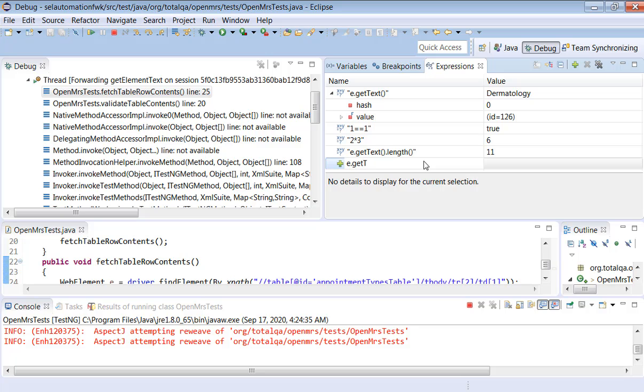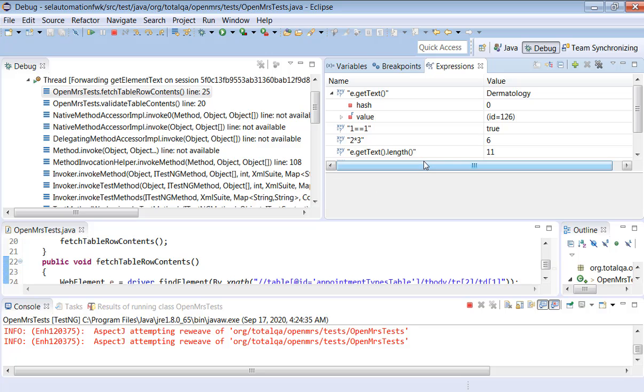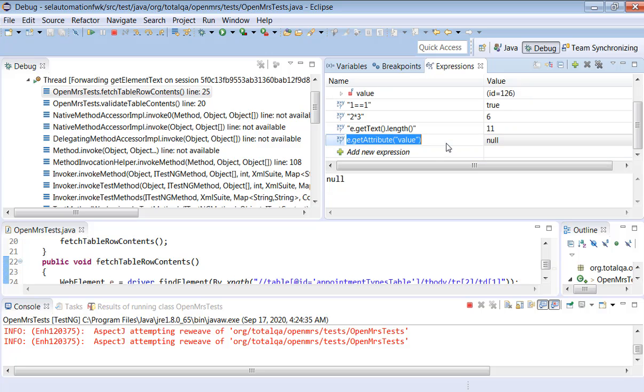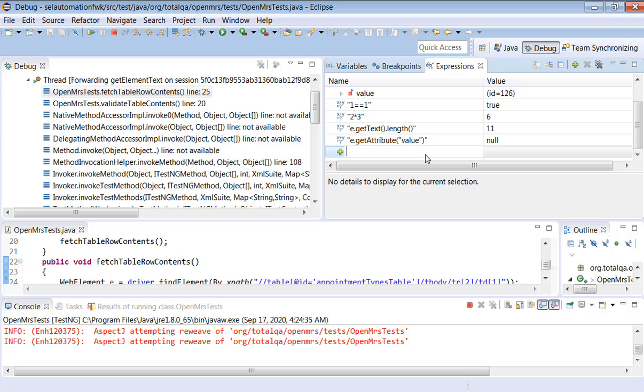Suppose e.getAttribute value, it's a null. So any information you want, you can create it and execute it in the expression tab and get the content during runtime.